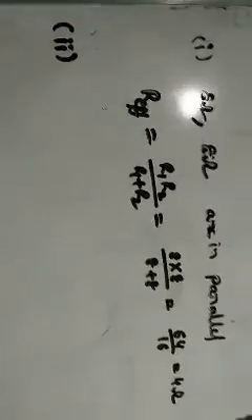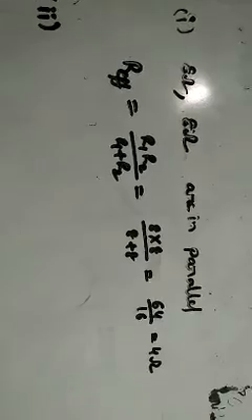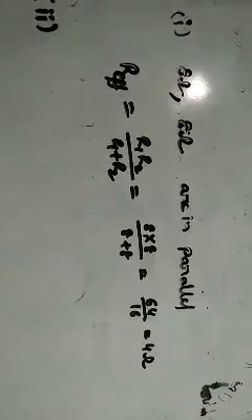First question: 8 ohm and 8 ohm. Two resistors are there, and they are in parallel. Then what is the effective resistance they are asking? See, students, 8 ohm and 8 ohm are in parallel, so apply the effective resistance formula R1 R2 by R1 plus R2. So 8 into 8 by 8 plus 8, you will get 4 ohm.